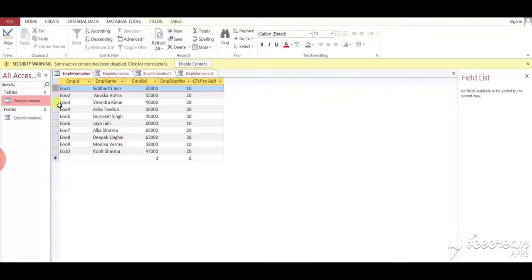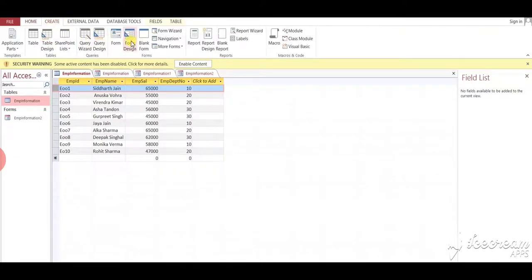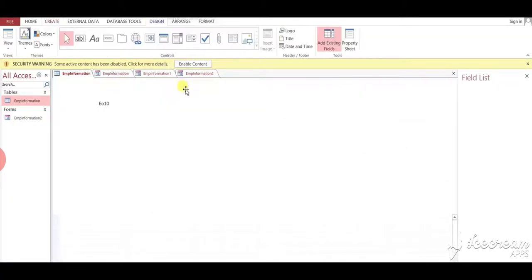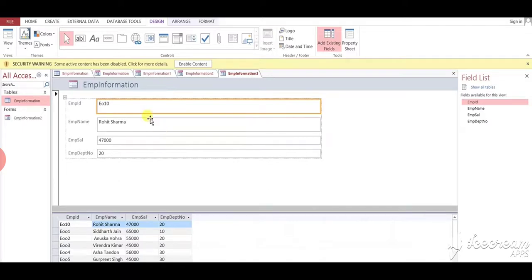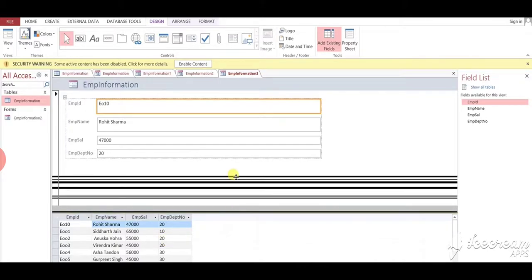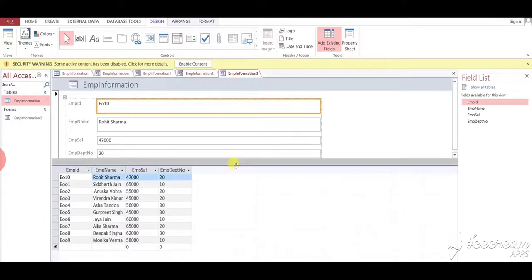Now the second option: again open the table, then Create, then click on More Forms, select Split Form. When you click on this, you can see two parts. The upper part is the form part and the lower part is the table part. So by using this we can see the form as well as the table simultaneously. That's why it is called a split form.